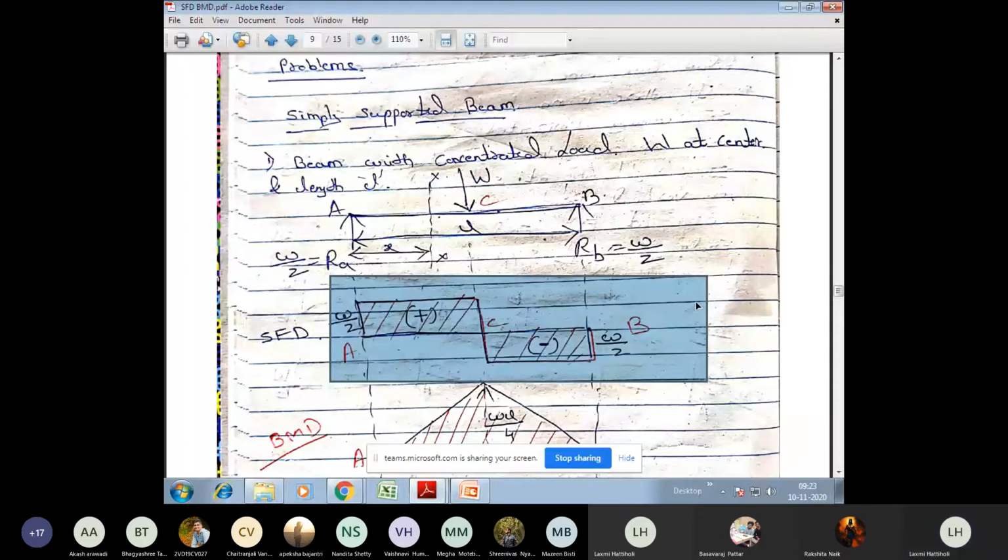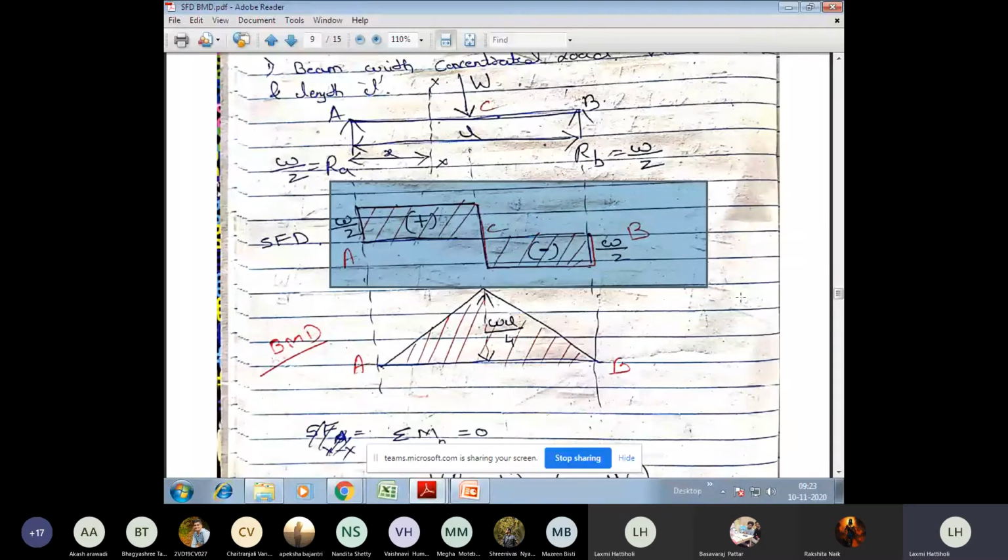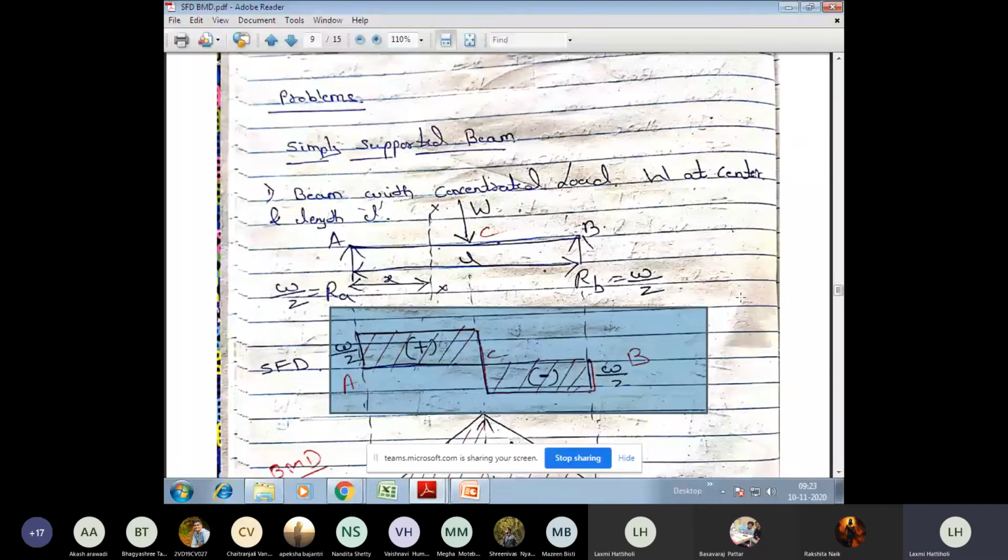So if you remember the sign conventions which we discussed in yesterday's class, now you need to define shear force. To determine shear force, take a section XX here. If you want shear force between A and C, then in between you need to take a section XX. Now always refer to the left side, because I am teaching you only the left portion so that you can remember the sign convention very easily.